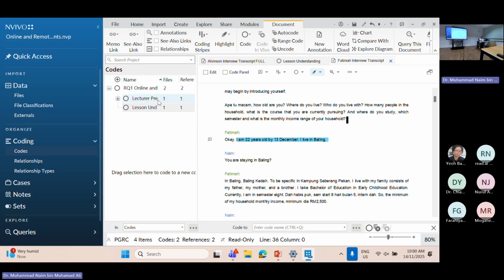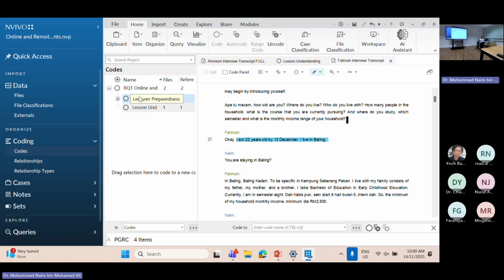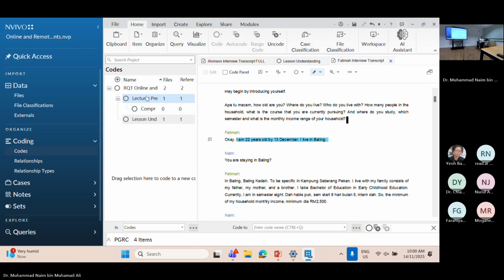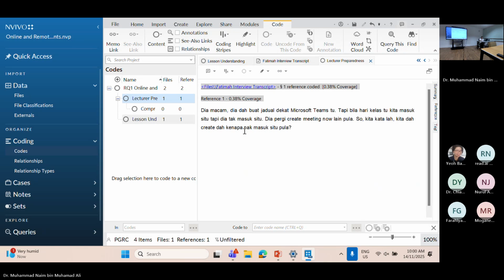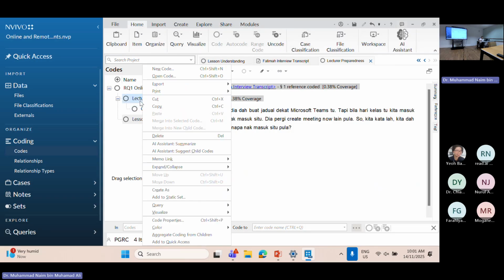Like here, this is how we organize. We don't have to search for a transcript, it's already under one theme or one child. Do you get this example?